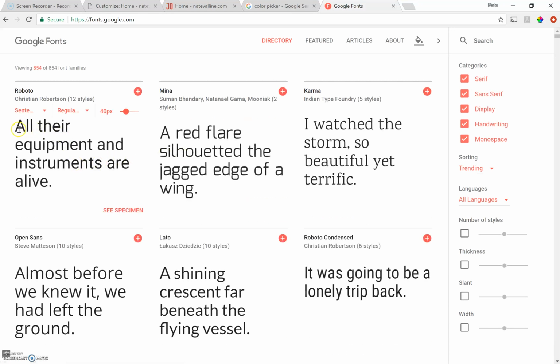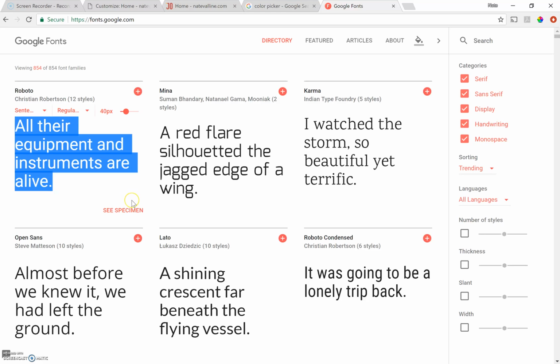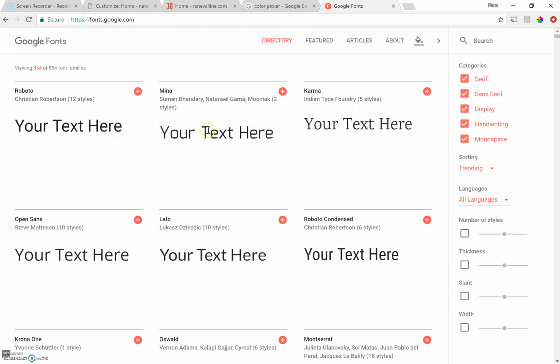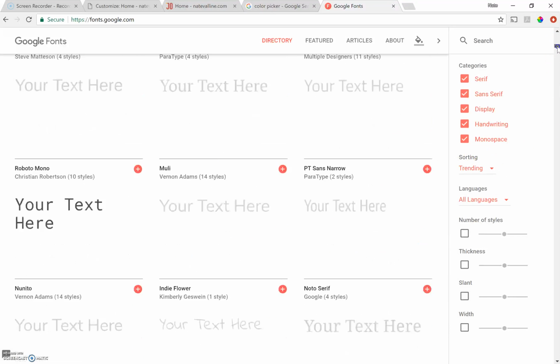And what you can do is put in your text here, whatever it may be. Hit tab, or then you can apply it to all fonts. And so now it puts it in each font here, and you can scroll through the different fonts